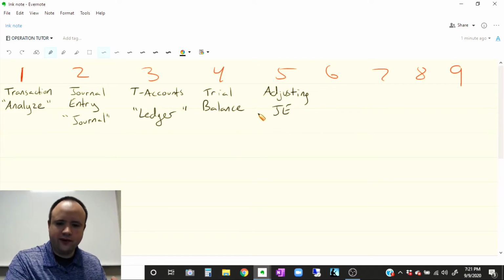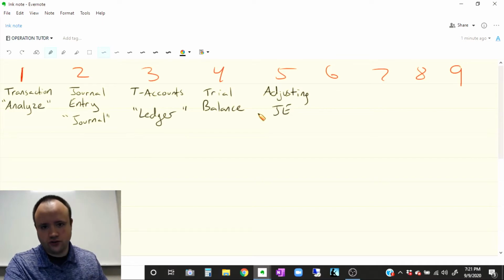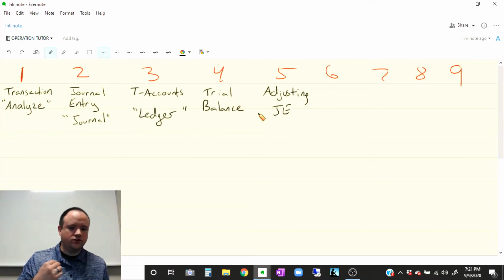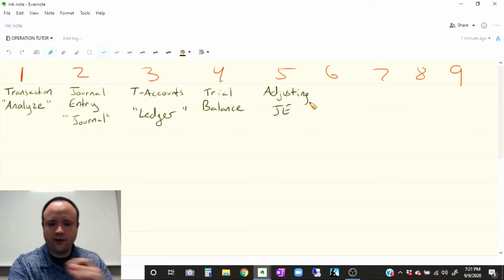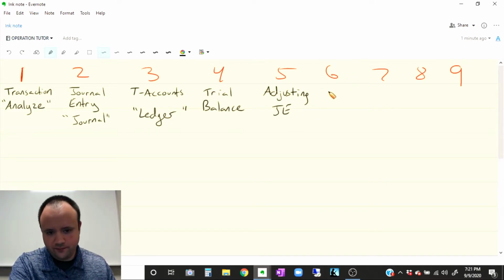So they're a bit more tricky than your traditional journal entries because there's no transaction motivating them. It's more of the period is coming to an end, and so we have to go in and make adjustments. So that gets confusing, but I'm going to do a video on all of these individually, especially journal entries,